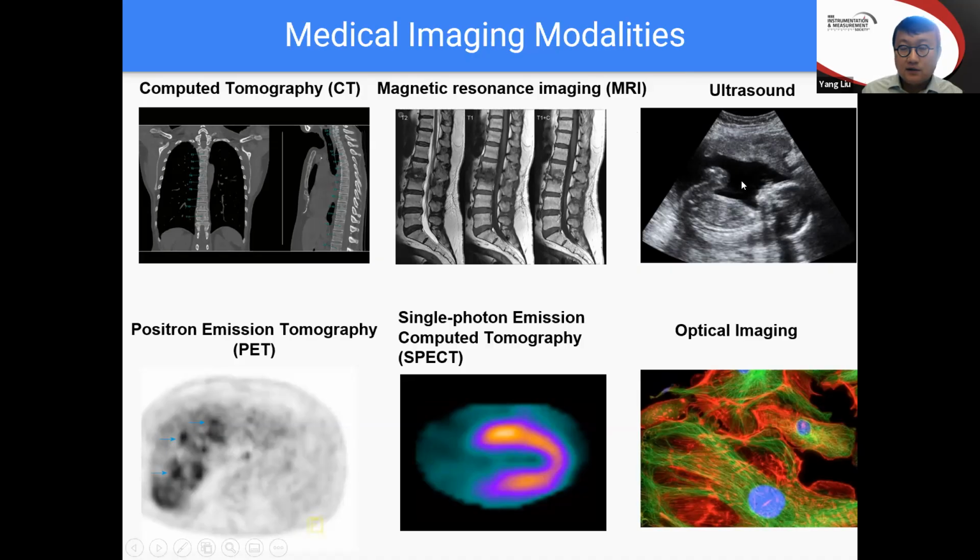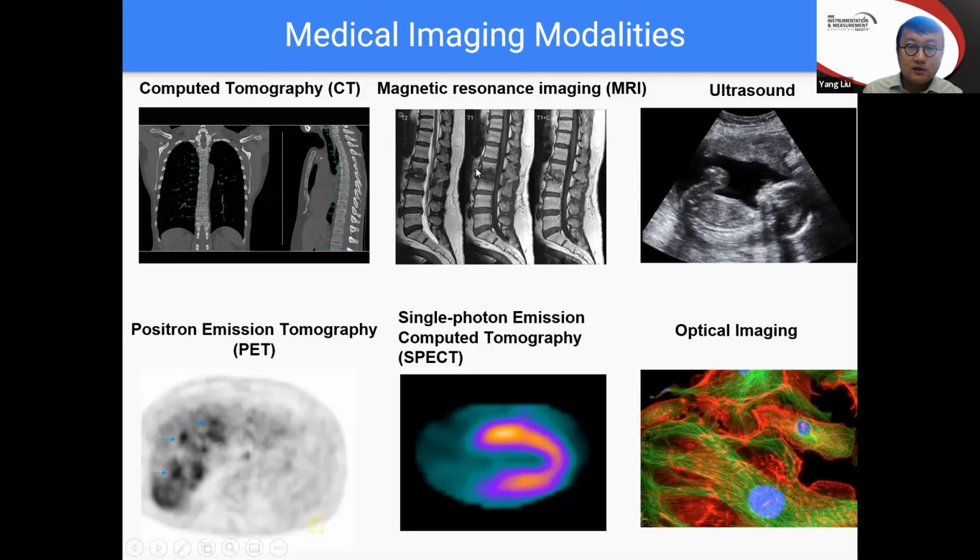The 3 modalities on the top are the so-called structural imaging modalities, including computed tomography based on X-ray, CT, magnetic resonance imaging, MRI, and ultrasound. So you can see that they're very good at visualizing mechanical structures, right? For CT, you can image the attenuation of the different tissues. So for bony structures, you can see them rather well. For MRI, it's really sensitive to soft tissue and provides a good contrast.